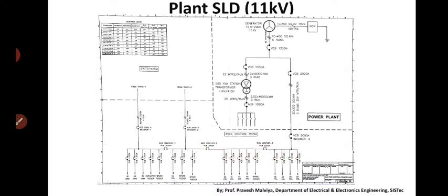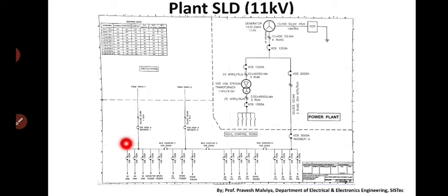So what happens? This was the source 1. Source 1 was the 220 by 11 kV substation. From MACB, Maharashtra Electricity Board, a 220 kV line was taken and stepped down to 11,000 volt, and then sent to this line. We can call the line a bus. So this was the 11 kV bus. This bus voltage was 11 kV.